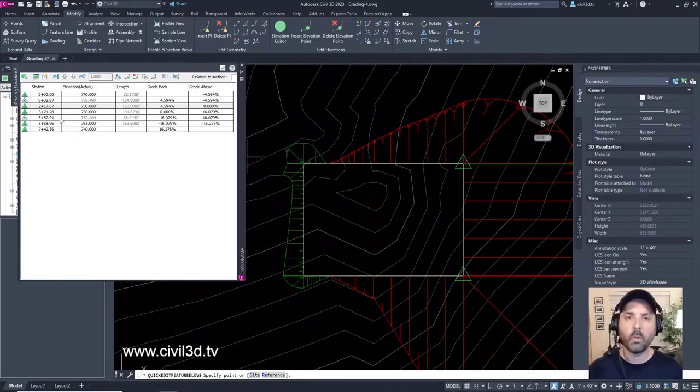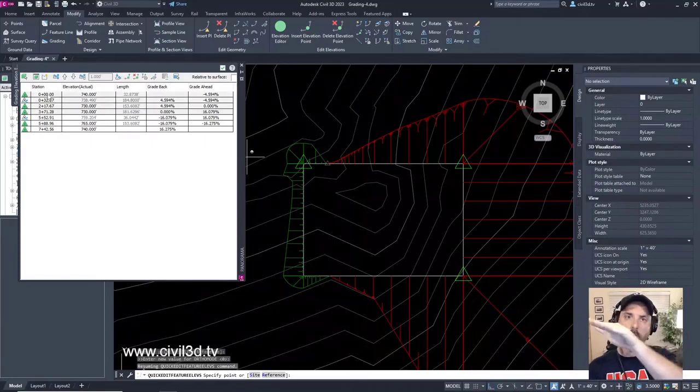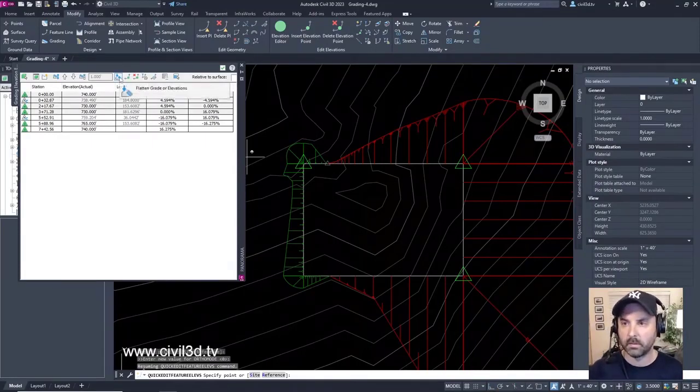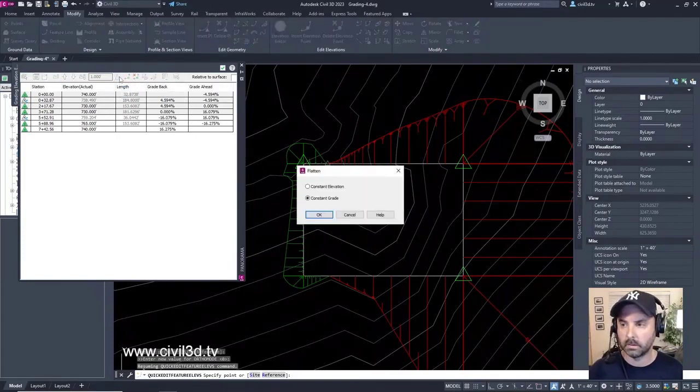So if I want to make this a consistent slope, I'll select that 4th row, shift click all the way to the beginning. I want to make all of this a constant grade slope. So I'll use this button, flatten grade or elevations.